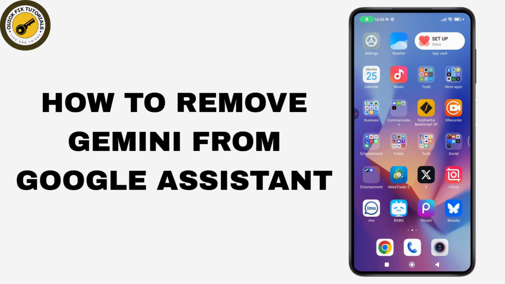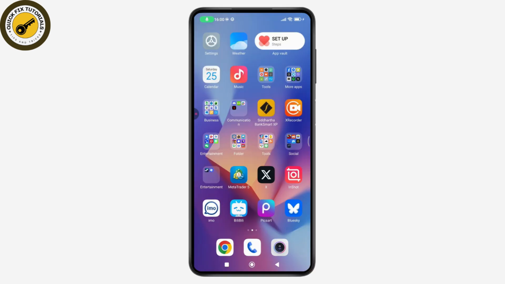How to remove Gemini from Google Assistant. So if you want to remove Gemini from Google Assistant on your Android device, then what you need to do is